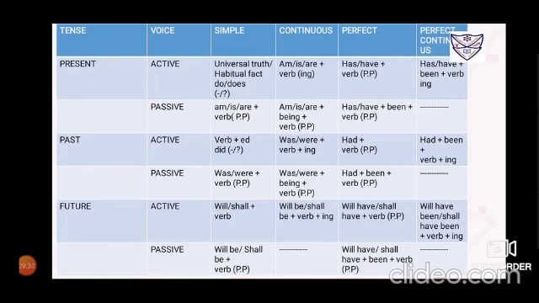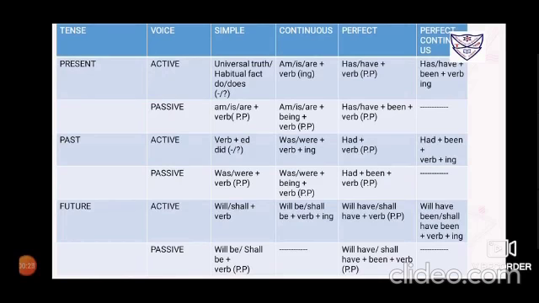Next, future continuous tense. Now future continuous tense is already having will be, the be form, it's already having. Okay, the movie shall be watched by us. Now for the future continuous tense, as you can see on your screen, the tenses will be, shall be plus verb in its ing form. Now the future continuous active voice is difficult to change into passive voice, or it cannot be changed. So you can see a blank in the next box.